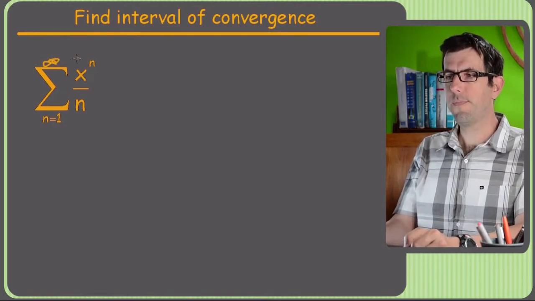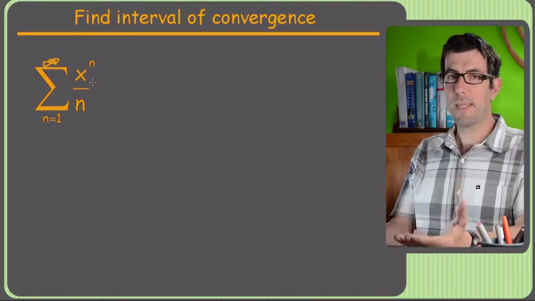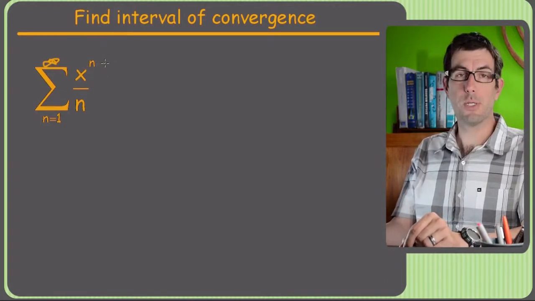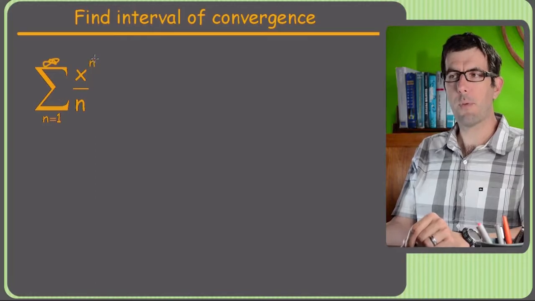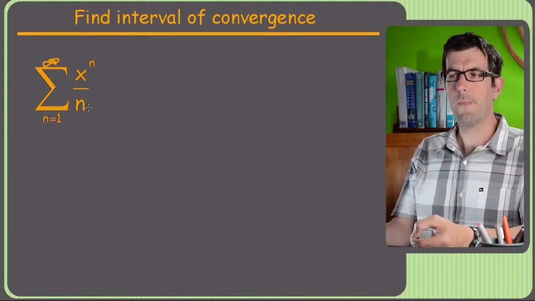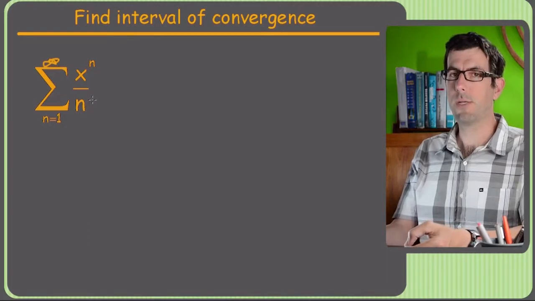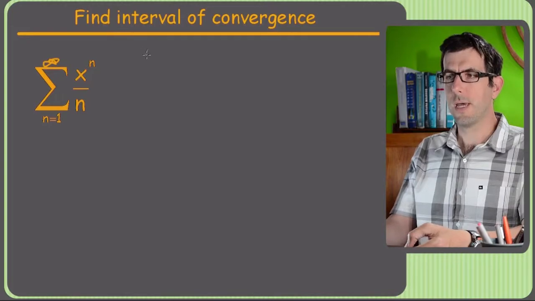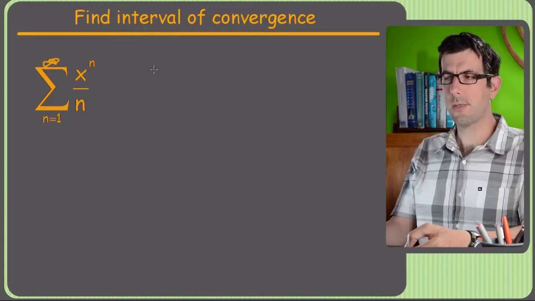All right, so here's one. Now, you might be thinking, hey, Chris, fool me 3 times, can't fool me a 4th time. This is not a geometric series, though. So this upper portion, this x to the n, is geometric, but the denominator of n makes this a non-geometric series. And if you listed out some terms, you would see that pretty fast. So once again, when in doubt, do the ratio test first,